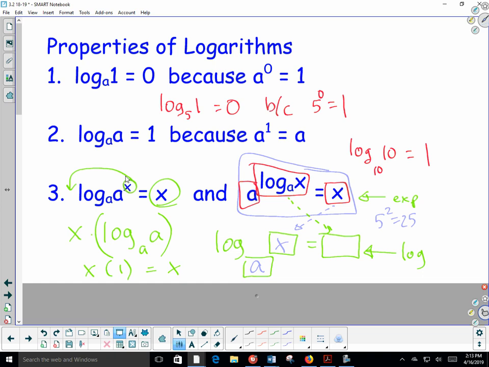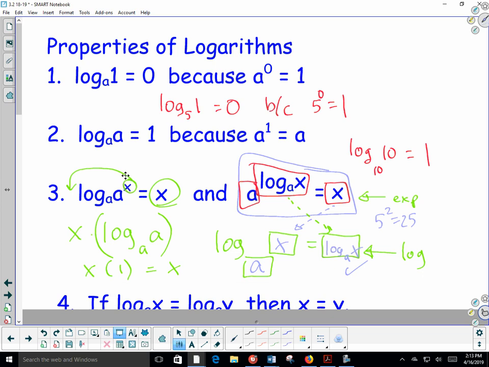I need you to be able to go back and forth. So this is going to be log to the base a of x. Well, I've got log to the base a of x equals log to the base a of x. Wow, I guess we just proved it. Are we okay with this? Yes. We couldn't really see it in exponential form, but if we rewrote it in log form,